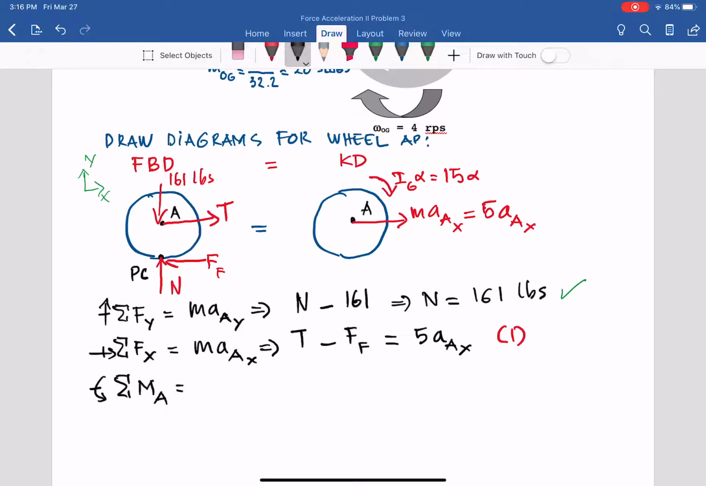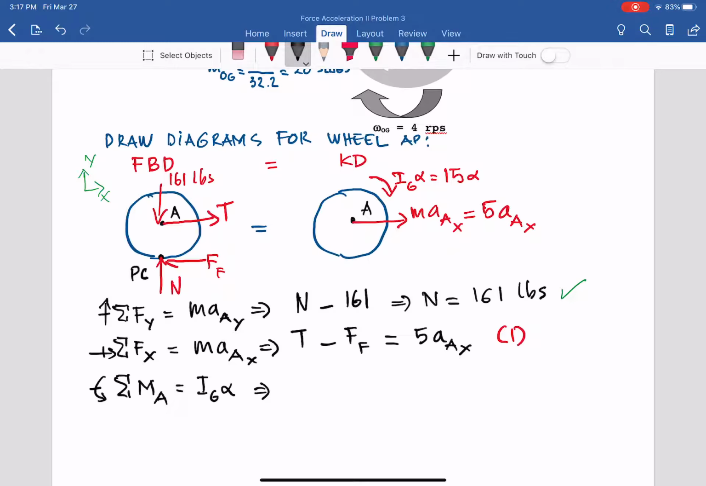So it will be equal to I_G alpha. So from that you can have what here, m a_A. So weight goes through A, so it will be 0. T goes through A should be 0, and then we have friction force,